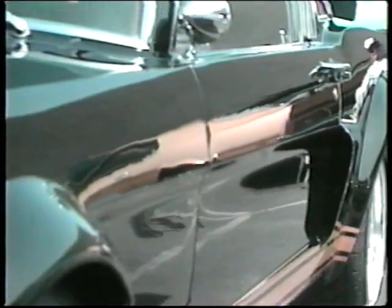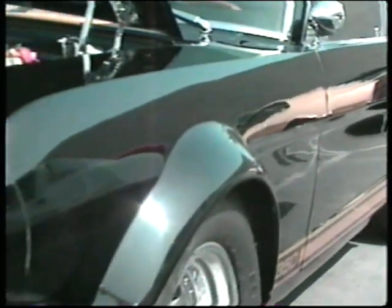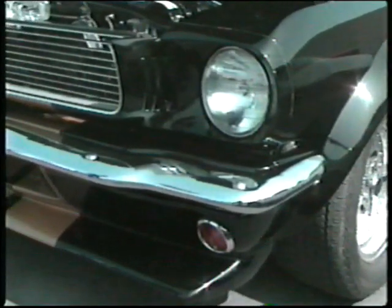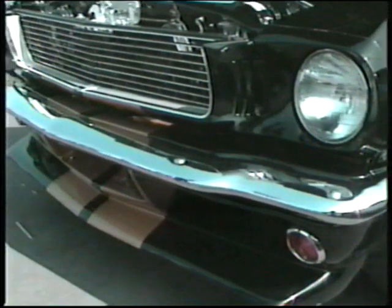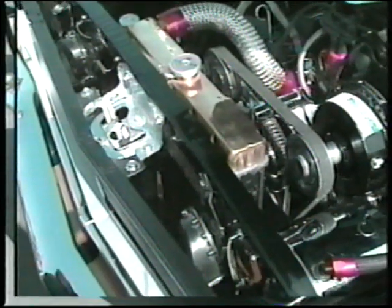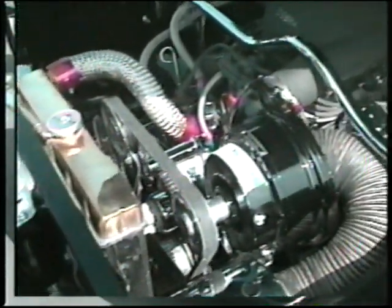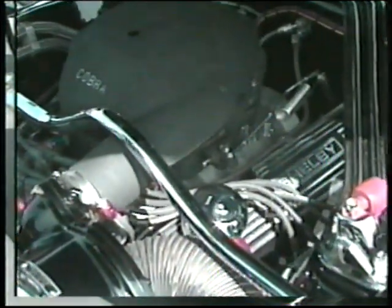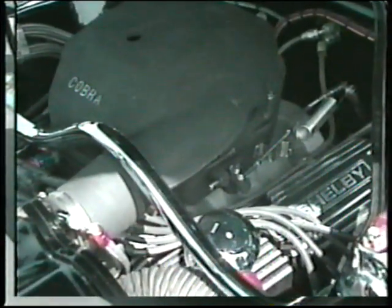We've had the car about 6 years, and since we got it, we've taken the entire engine compartment completely apart and taken the car down to bare metal, put some roofing tar and tar paper inside to deaden the sound, put some custom braided hoses and electrical looms, Stewart Warner gauges, disc brakes all the way around. Had an engine built for it with low compression for the factory option supercharger,